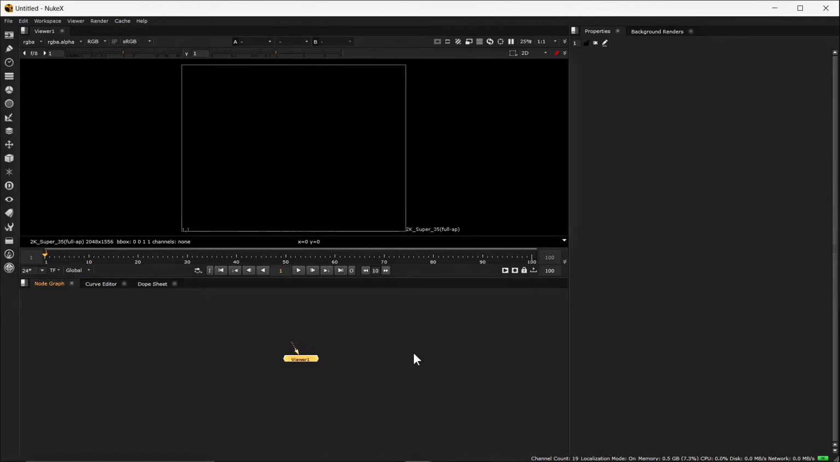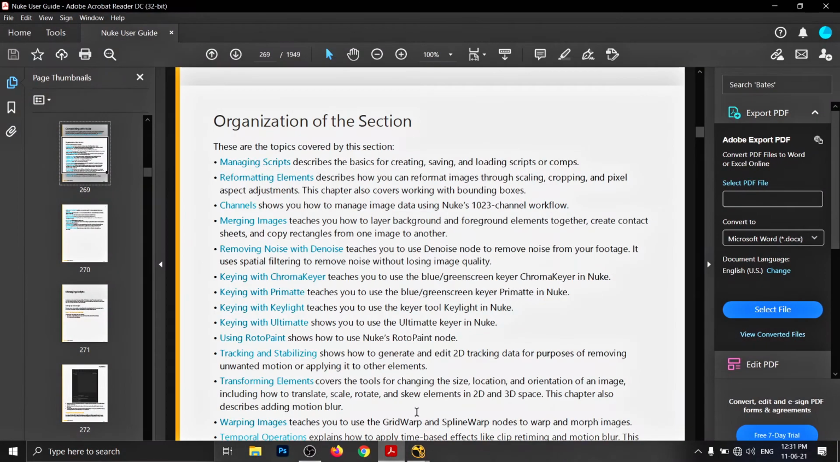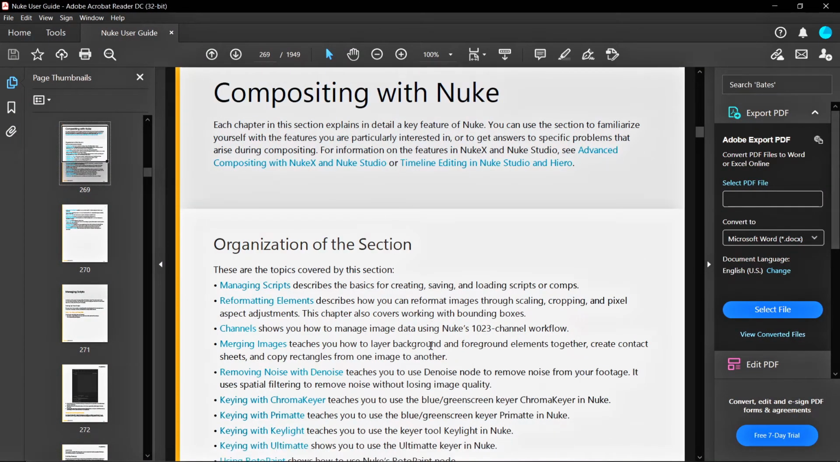This series is actually based on a book. If you do not have this book, then I will provide the link in the description and you can download this book from there. Or you can visit the Foundry's official website and download this book from there as well. Because I like the concept of this book, how they started from the beginning and go up to the advanced level, meaning you can start NukeX with nothing and you can reach up to doing compositing